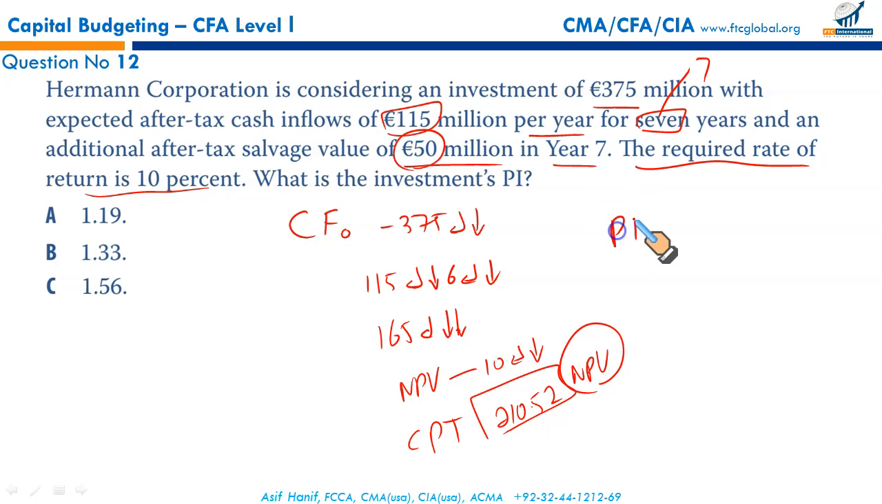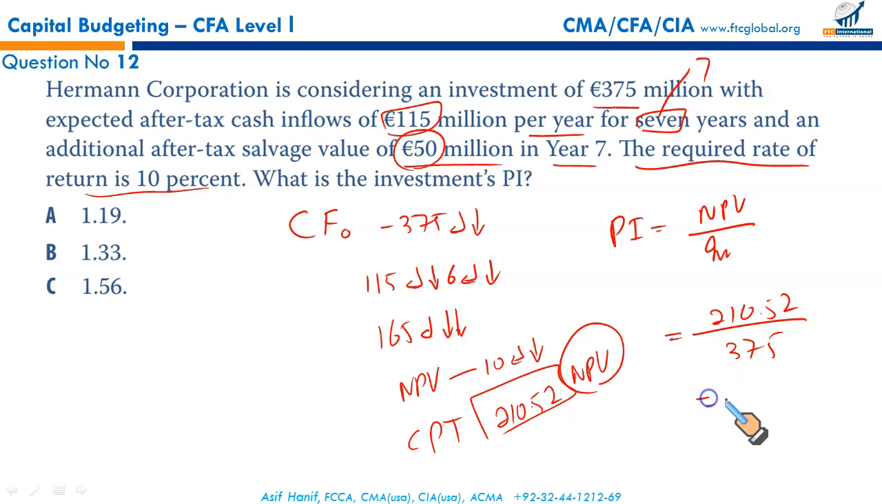which means profitability index can either be calculated with NPV upon initial investment. Let's see which value they used. 210.52 upon 375. If you calculate, you will get 0.56. Clearly doesn't match. It means they might have used this one. Profitability index is equal to 1 plus this factor. So it is going to be then